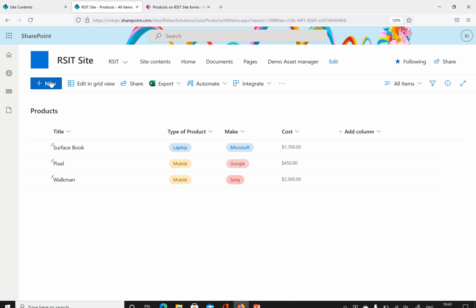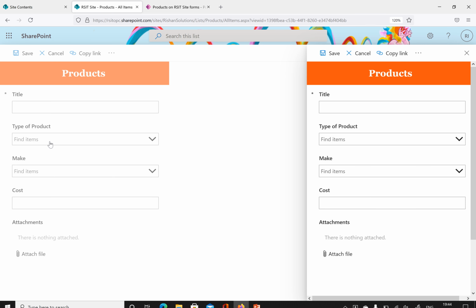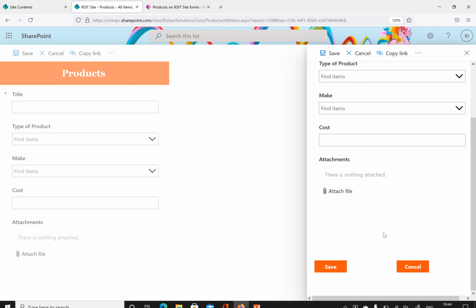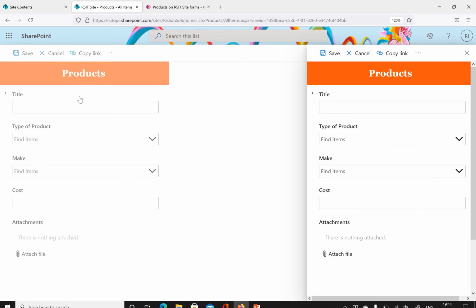Now when we click this New, it's trying to load the Power App form here. So I think we clicked that, it is open here and it is open here as well. Now no worries, we have this attachment, and we have save and cancel options also. Close this one and try to open this New, and it is opening on the same SharePoint